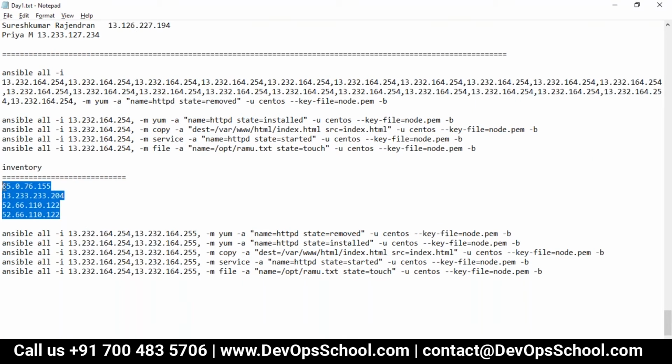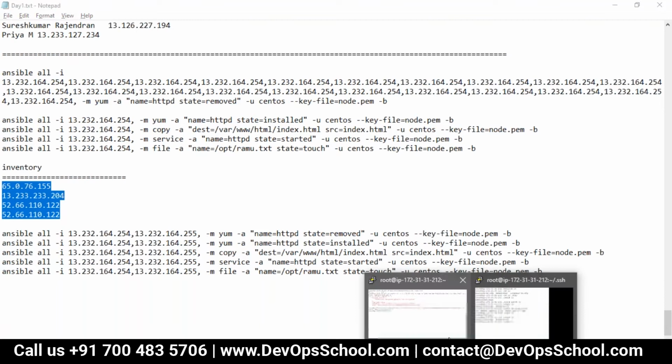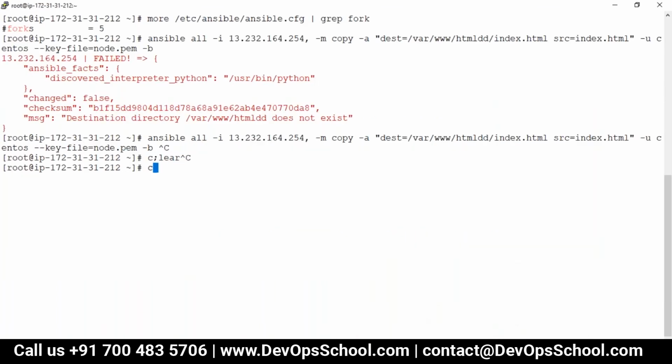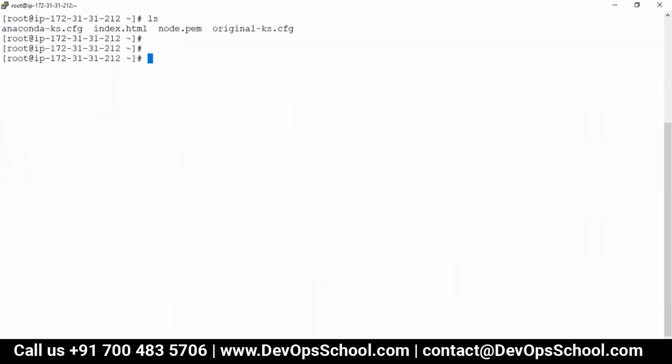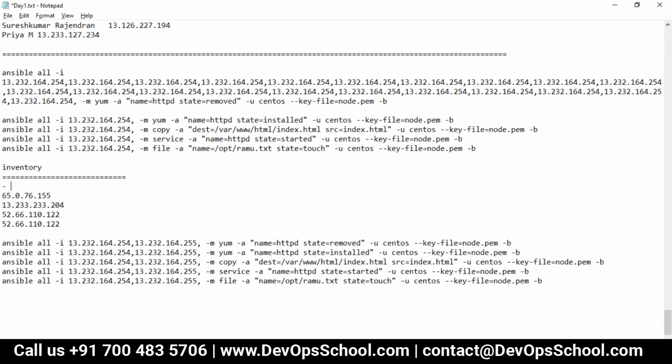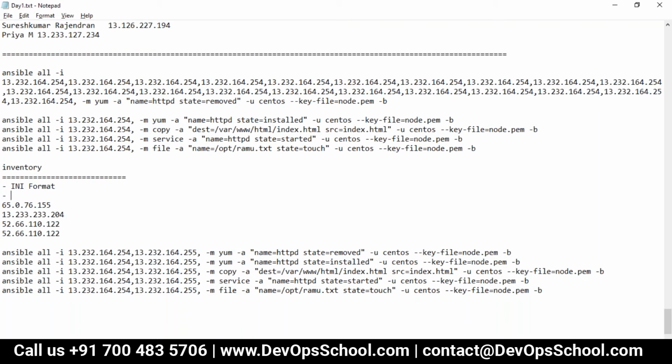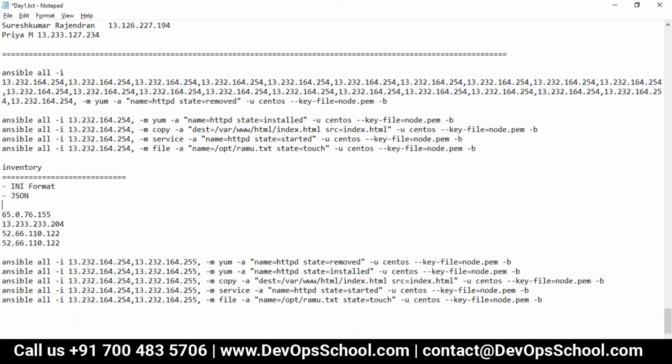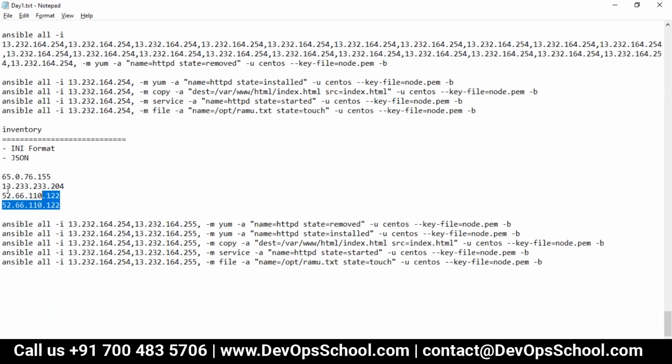Now what I will do is put them in the inventory file. The file name can be anything. Again, do not get confused here. It can be XYZ, ABCD, MNI, whatever it is. But this inventory file is in INI format. Now, what is INI format? Please understand that. It can be JSON also, but right now we'll use INI format. INI format means the entries are separated by a new line, that's all. So these are the 4 machines you have in an inventory file.